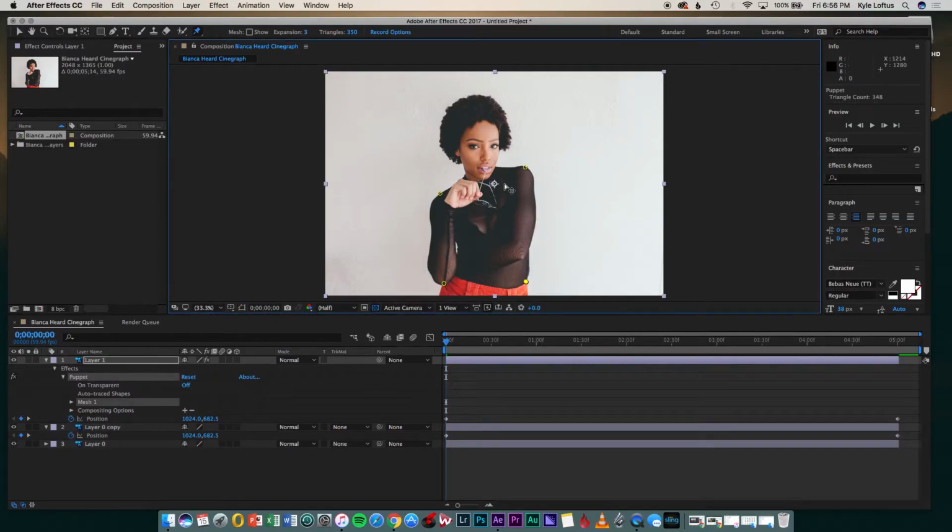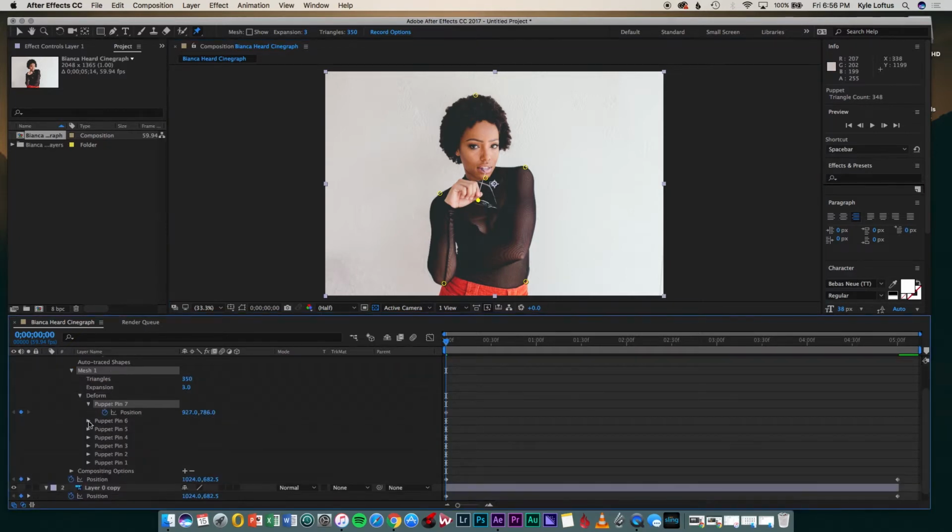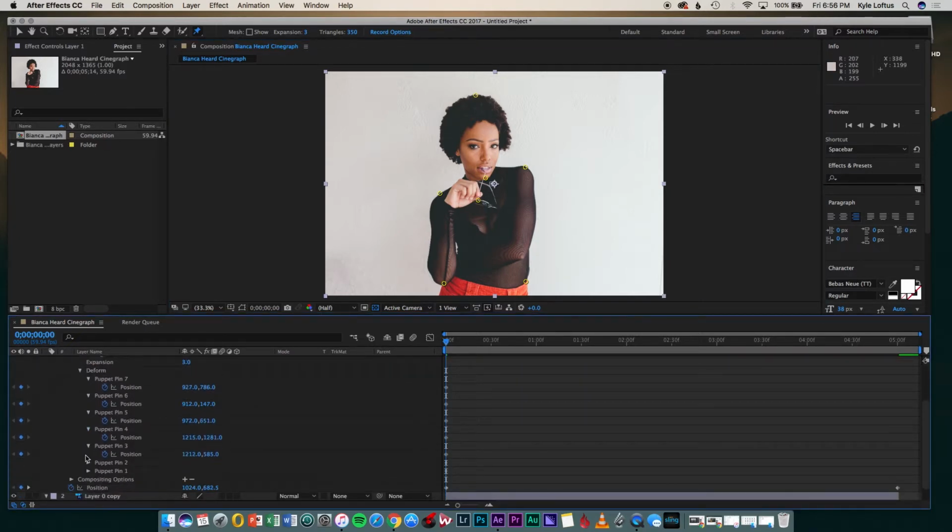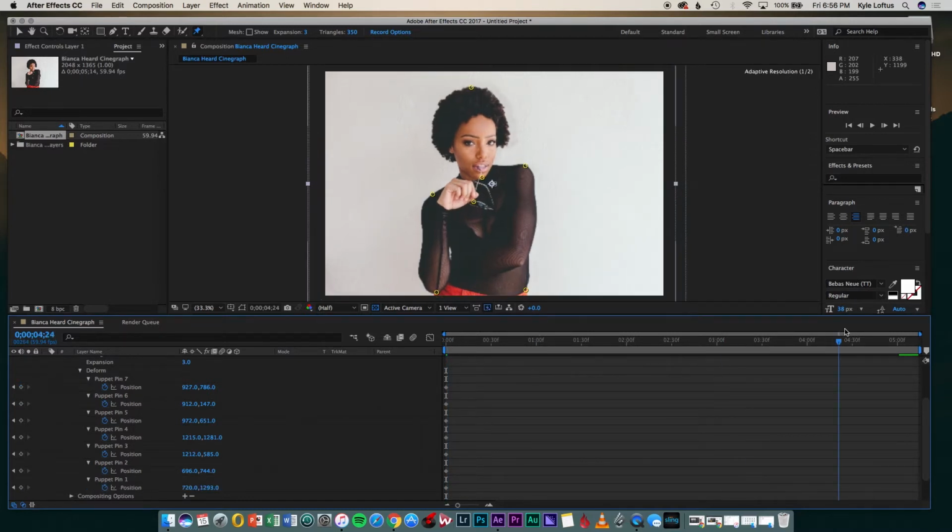Pretty cool, right? All right, let's take it a step further. Now I'm going to show you how you can make it even more animated or come to life even more by bringing your subject to life. So what you want to do is go up to the puppet pin tool. You're going to select the puppet pin tool, and then you're going to go ahead and start making some pins